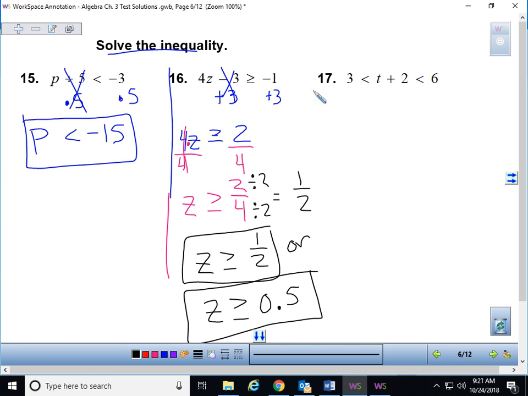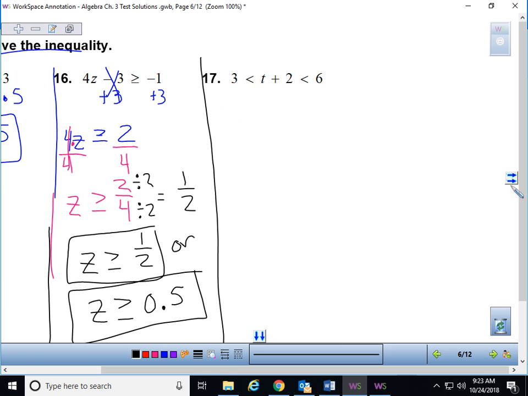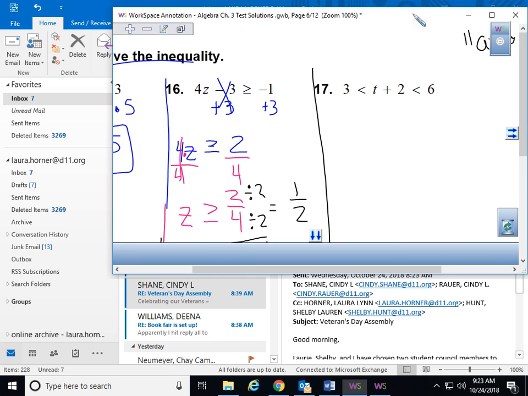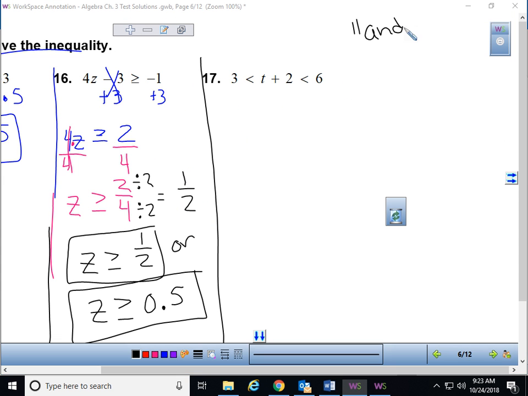Either are acceptable answers. But if you didn't simplify your fraction, you just lost half a point. Need simplified fractions. 17 was an example of an and problem. Oops, I keep doing that. Goodness. And problem,